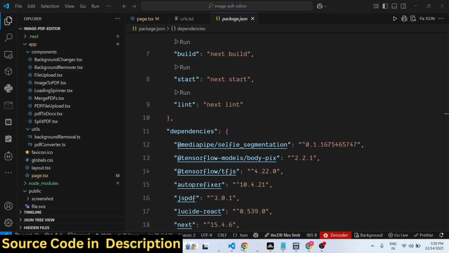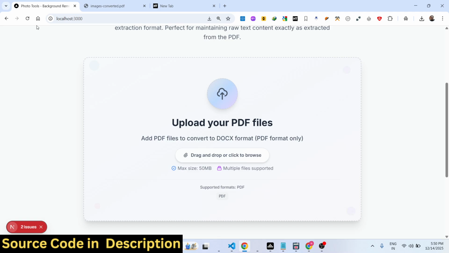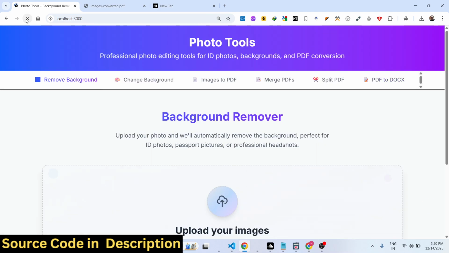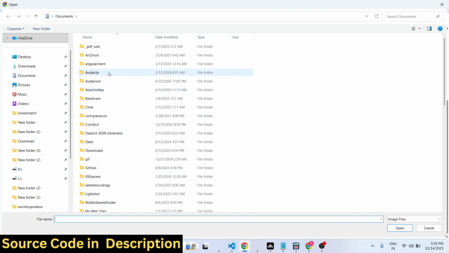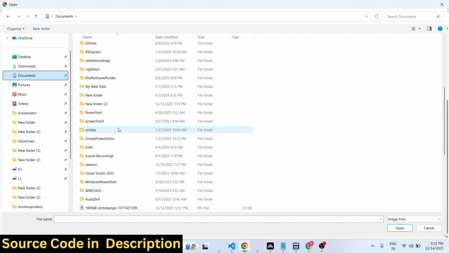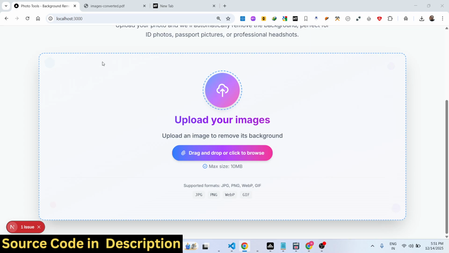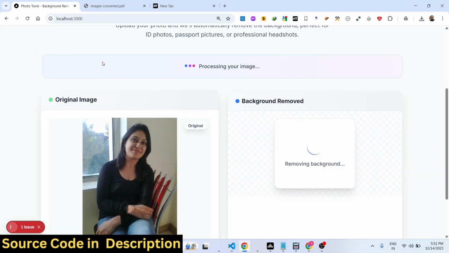And now let me show you the actual demo of this project. So it has all the features which Canva supports. First of all, we have this feature for removing the background from an image. It's really simple. You simply select the image file that you want to. So as I select a particular image, once you select the image, all the processing is happening directly in